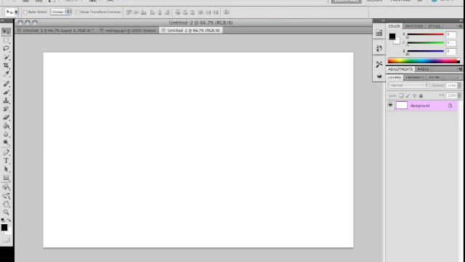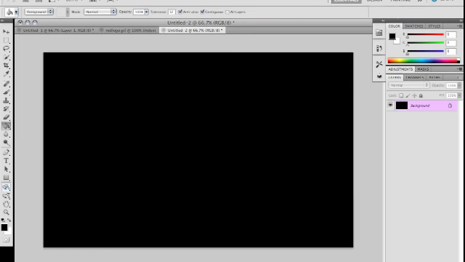If you hold Alt and Backspace, nope, it's not going to work. Alright, then just use a paint bucket and fill that in. So now what you're going to do is